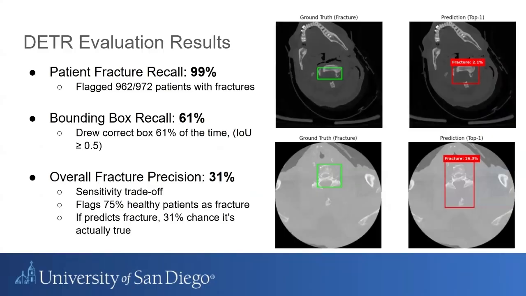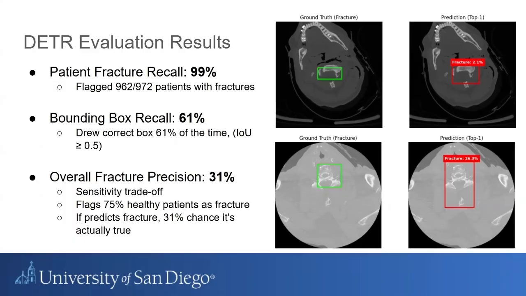Our DETR model functions like a high sensitivity screener. It achieved a 99% patient sensitivity, which means that it correctly flagged almost all patients with actual fractures and correctly localized the box 61% of the time. To get these results using a low prediction confidence threshold, we had a trade-off with a lower precision of 31%. There's a significant level of false positives, but in a clinical setting, missing broken bones may cost more than incorrectly